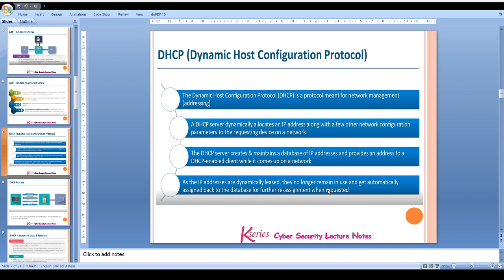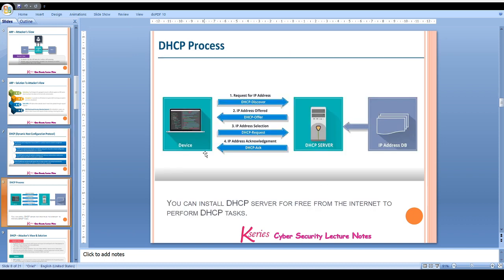Let me show you in the figure. See here, as this device comes on the network, it sends the request for an IP address to the DHCP server. The DHCP server has its own IP address database. Now, when the request comes from the device, DHCP sends back an IP address to that particular device.